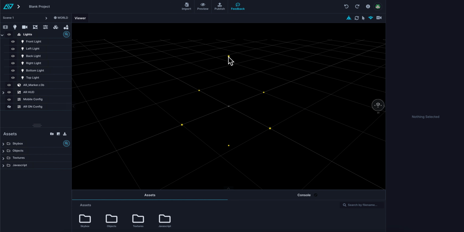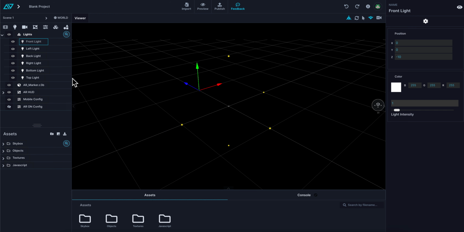You can click on any of those lights and you can edit them, but you can also click the lights here, you can click them in your scene, and you'll notice that you can manipulate them individually here, but you can also turn them on and off. You can turn a light on and off simply by clicking it, or you can turn all the lights off in a group simply by clicking them. So what that allows you to do is light things up.